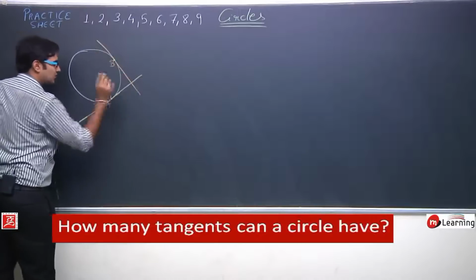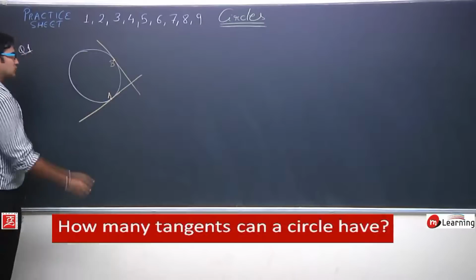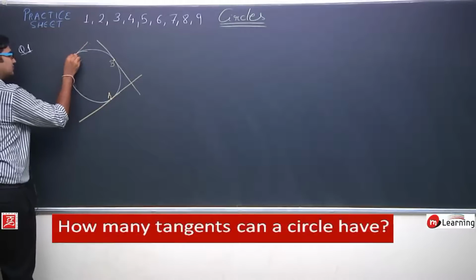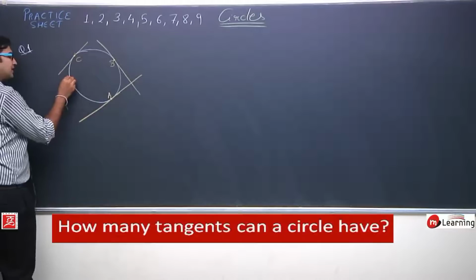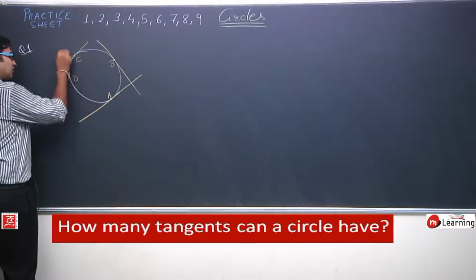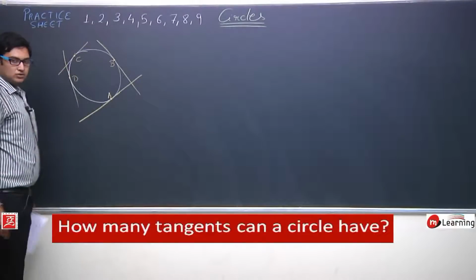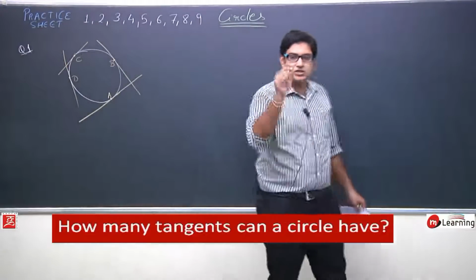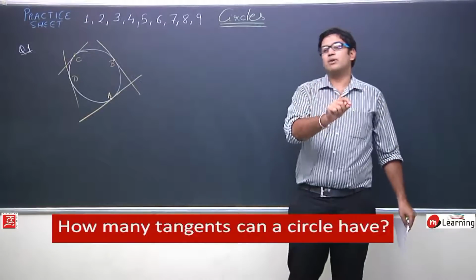Yes, I can draw another tangent like this. If I choose a point C like this, I can again draw a tangent. If I choose a point D like this, I can again draw a tangent. So the number of ways I can choose different points on the circle is the number of ways I can